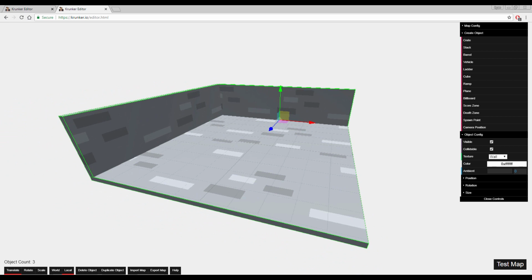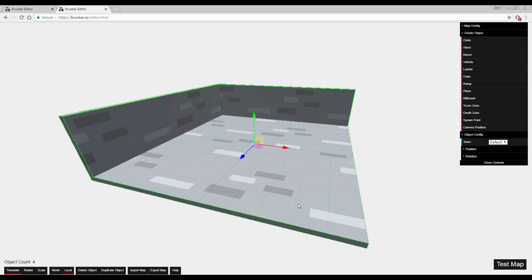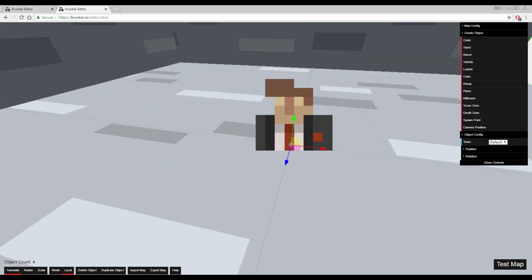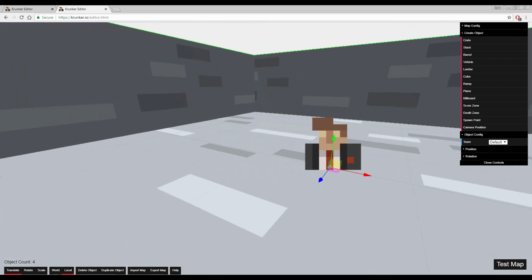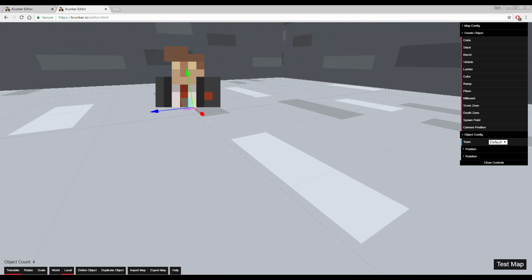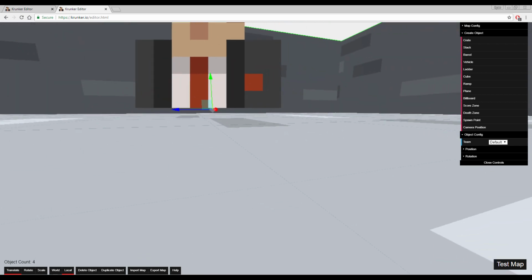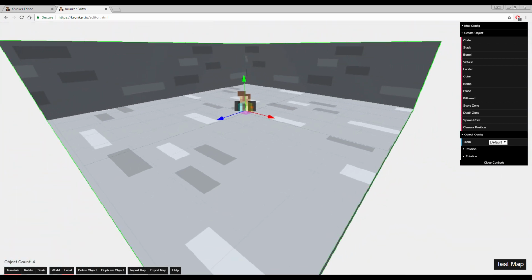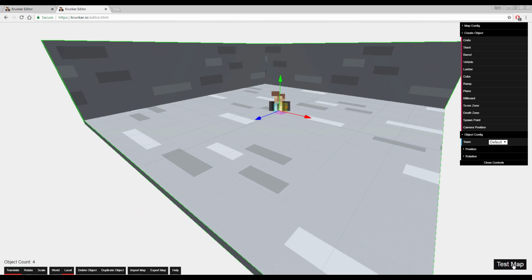What we do need to do now though is actually go ahead and create our first spawn. So I'm going to come up to spawn point, press spawn. There's this little dude here who's going to be created, right? That's a spawn point. Just make sure that he's not sitting in the ground like this. Make sure that, if anything, he's just one little tiny bit above the ground so that when people spawn in, they don't fall through. All right, so I'm going to go ahead and test that map by pressing the test